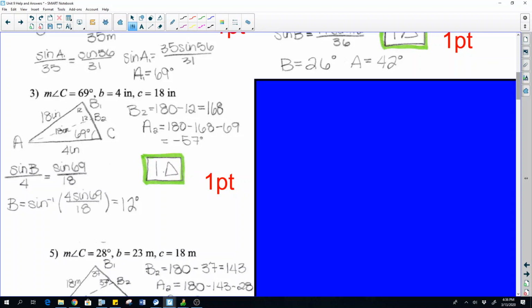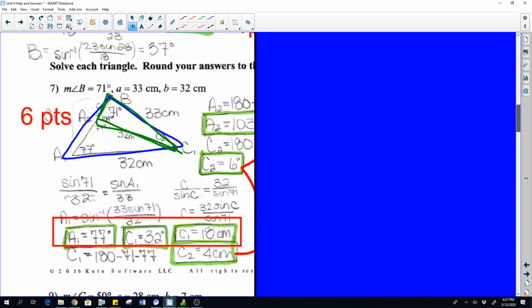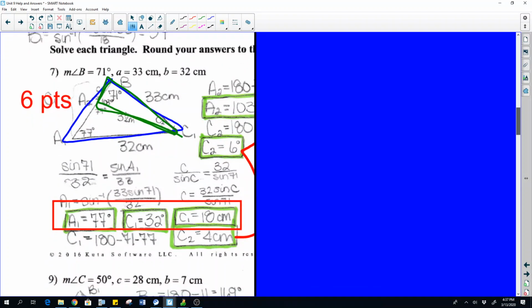I think it has to do with the opposite side being 18 from the 69 degrees, and then little c right here. So the 69, so then if you have, I think it's a B. Yeah, there's your B. So the B they give you is so small that this has to be a really, really small angle, right? It's got to be a teeny, teeny angle. And that means that this is 69 degrees, so one of these has to be really big and obtuse, so just one triangle. You can go more into depth there, but you can kind of get the idea because that side length is so small. There's our number 7 that we did together. Awesome. Looks like we did some rounding there from last year. Wow. There we go. So there's number 7.